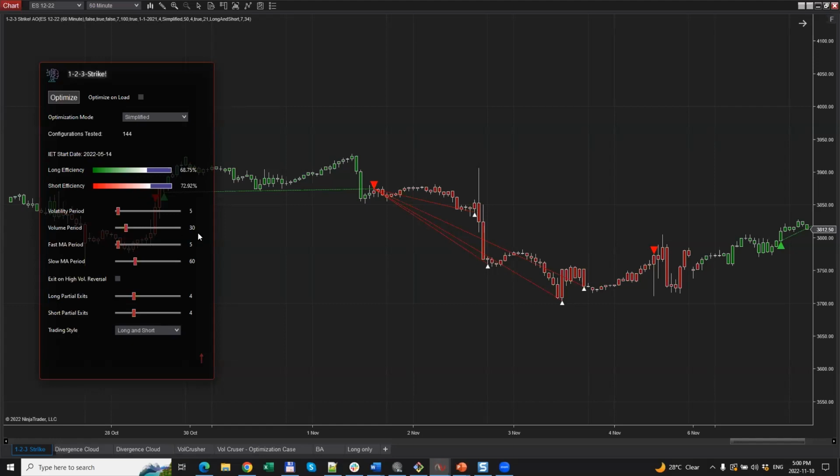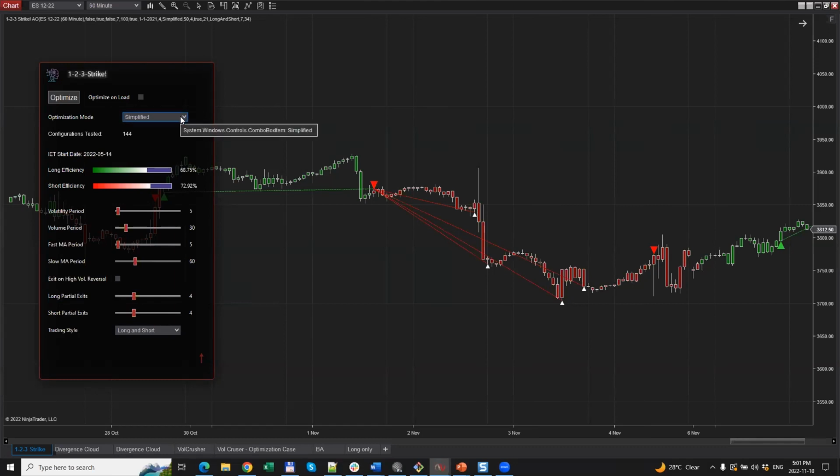This is what you can see here. And we have 3 different modes built into optimization. If you have this little drop down here, you can see it. We have simplified, which tries out roughly 150 combinations. We have standard, which tries out around 1,000 combinations, and we have exhaustive, which is the most comprehensive one, which tries out way beyond 1,000 combinations for our parameters. And of course, the more exhaustive it is, the longer it will take to try out all these different combinations.